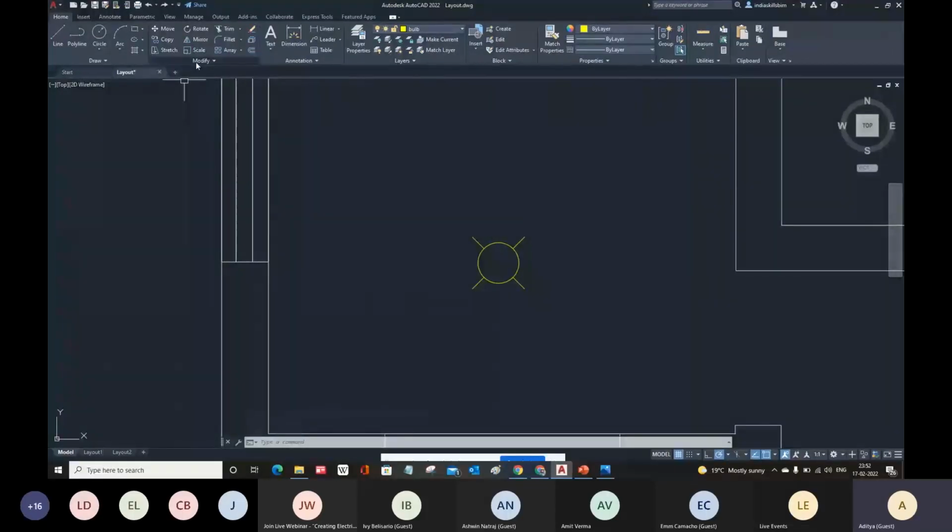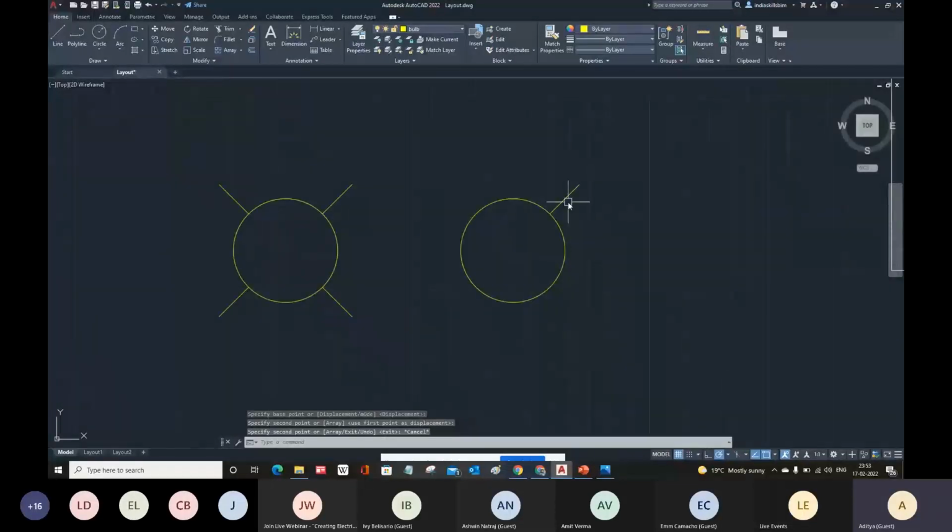I just want to copy this item and this item. Hit enter to accept. Specify the base point for positioning, and then specify the destination point where you want to place it. So I want to place it here, then hit escape. And now we have this item. I want to create four instances for this entity, this small entity here. So we use the mirror command here.